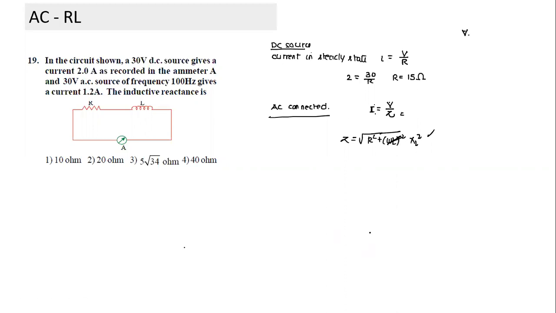Sir, we can use the phasor diagram only to identify the relation between the maximum potential differences. See, we use the phasor diagram. See, when